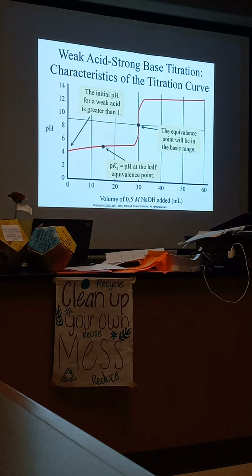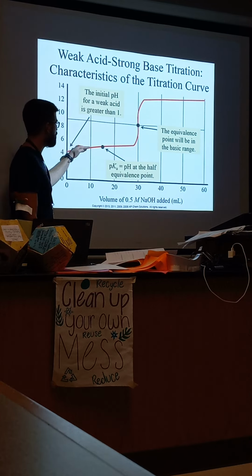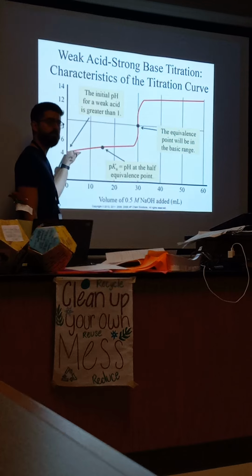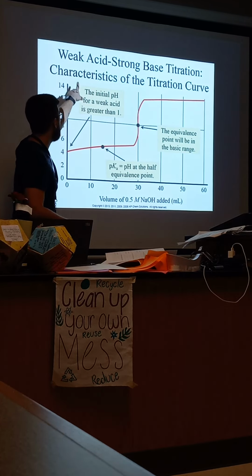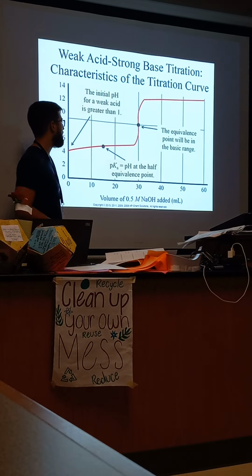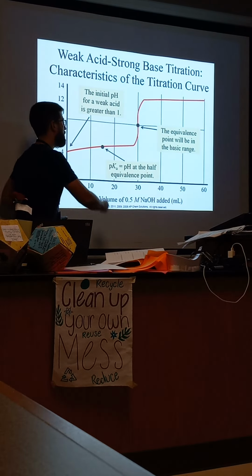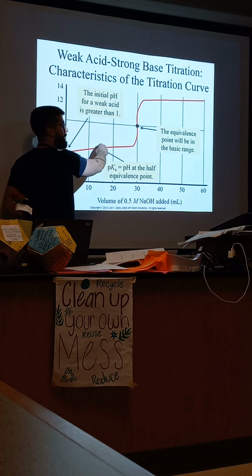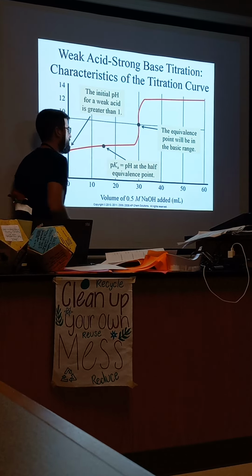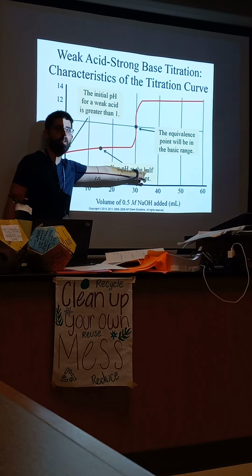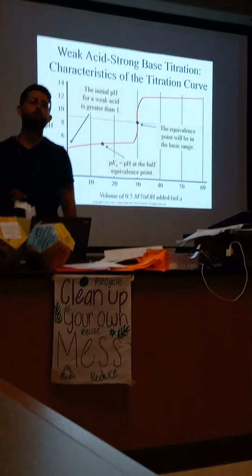Okay, real quick guys, weak acid, strong base titration. Is this line right here as straight as the lines we saw earlier? No. And this can be explained because it is a weak acid. In the titration of a weak acid, the midpoint of this horizontal-ish section is known as the half equivalence point. So if they give you a graph and tell you